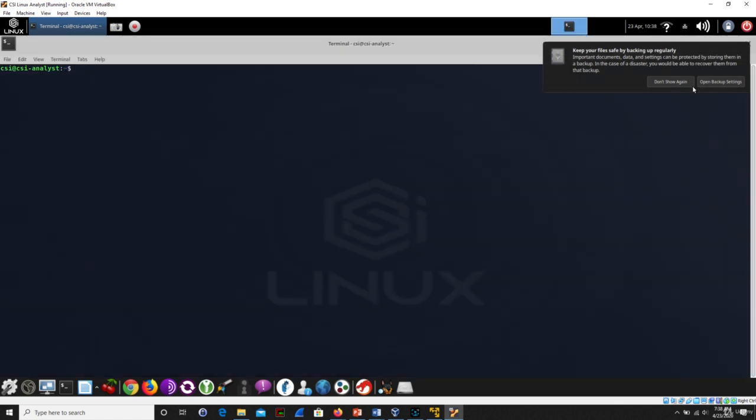Okay, and let me maximize this. I'm going to click on don't show this again for backing up. And let's take a look here. So first thing we want to do is sudo space apt-get space update space and